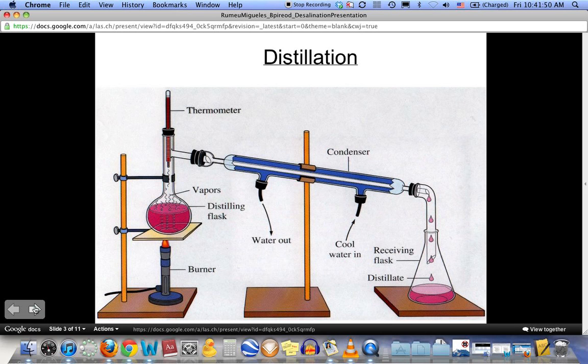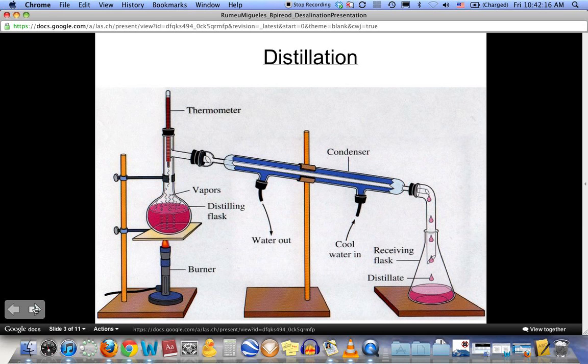Basically, what the plants for this distillation, the salting water, do is they take the seawater and put it in big tanks. This is a smaller scale, but it's the same. They put it in a big tank, they heat it with energy, and when the seawater arrives to its boiling point,